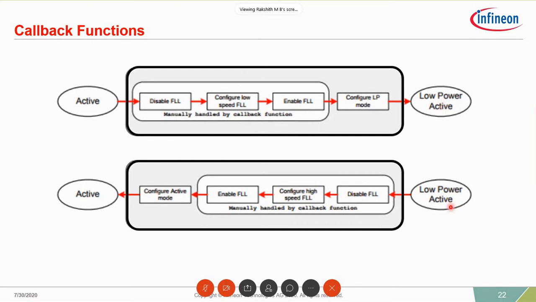And when it wakes up from low power mode, it again configures the high speed FLL and then transitions to active mode. And in the next slide, we'll see how the callback is executed, the sequence of execution of these callbacks when you have multiple callbacks in your application.